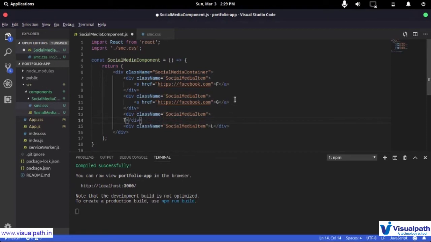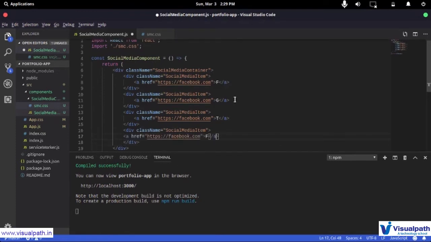So let's remove this, let's paste this, and this was for Twitter, and the last one was for LinkedIn. So let's do the LinkedIn also, so L. Now let's just change this to GitHub, and let's keep the other two similar.